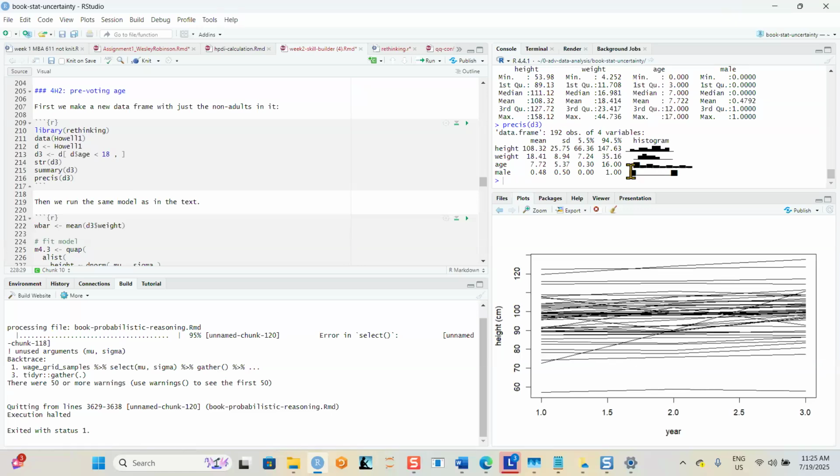Female, male, and no male. Age is exponentially distributed. Okay, and that makes sense. In a population, there's hopefully more, but we're just different now. As we're getting older, we're still around. I don't know why we're sticking around, but you know,